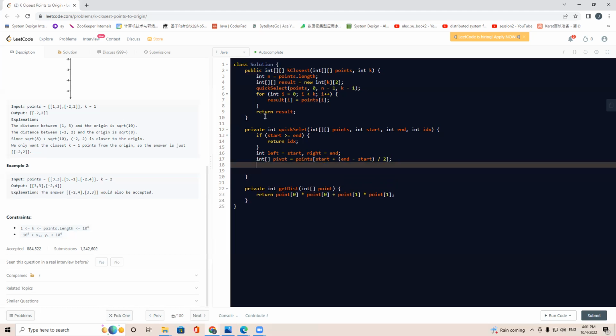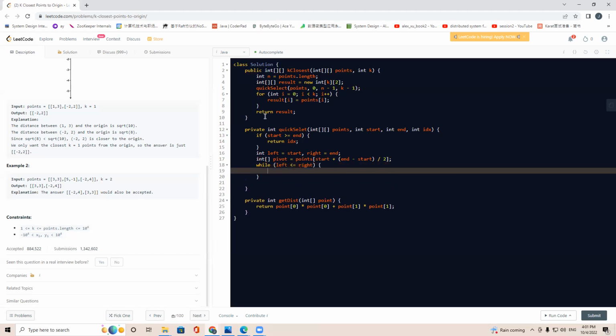So we'll say while left is smaller than or equal to right,